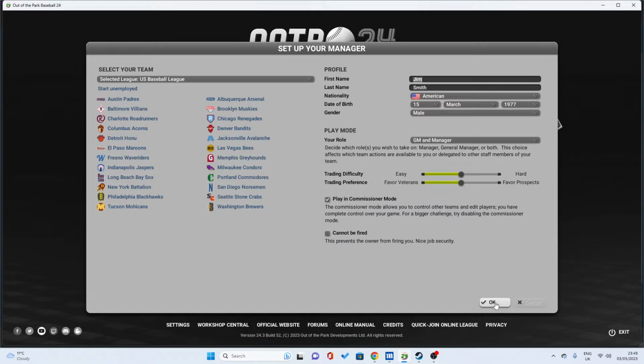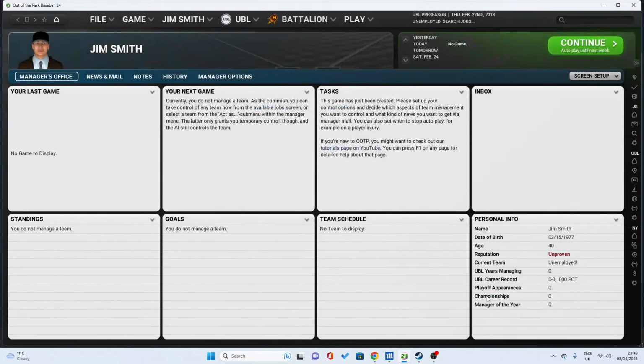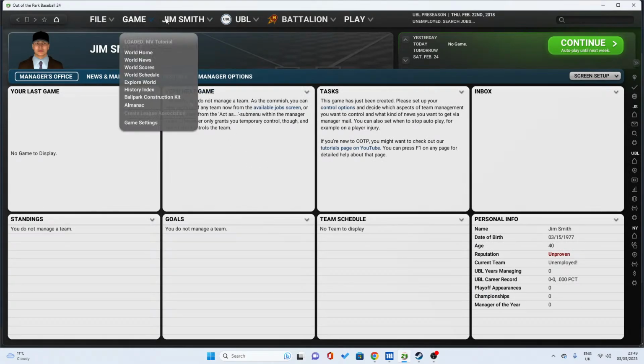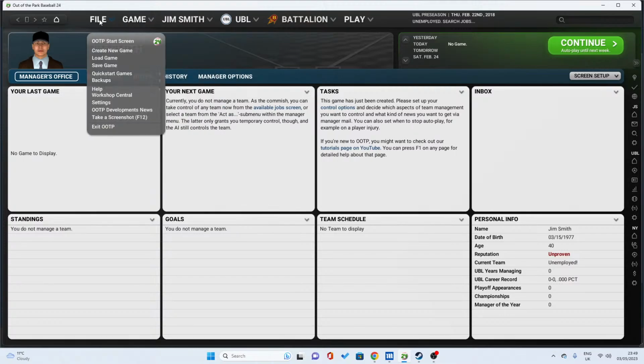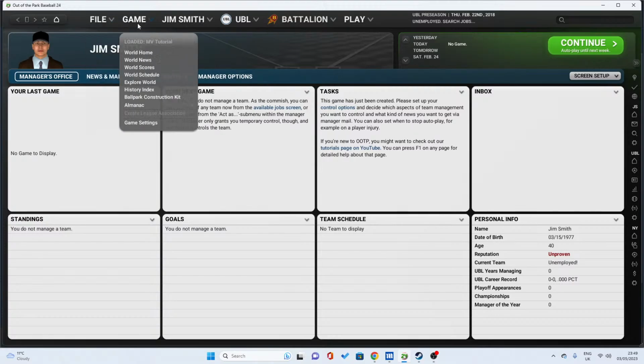And then press OK. Now then, it's set me the game up. To get the skin, I have a lot of options, which I didn't think of before. There's the workshop central, I can access it if I want to. Not that I need to, there's a way to load the skin,